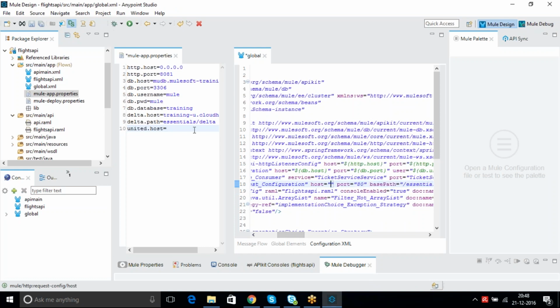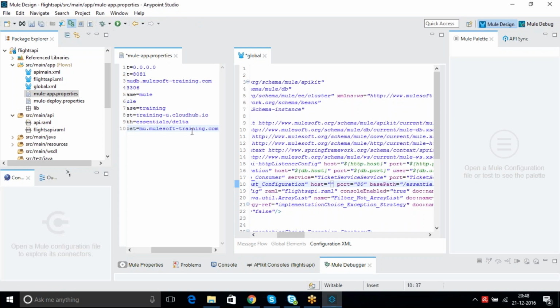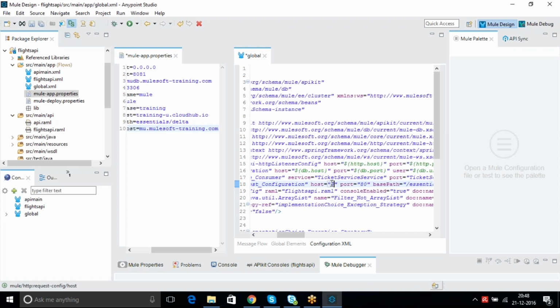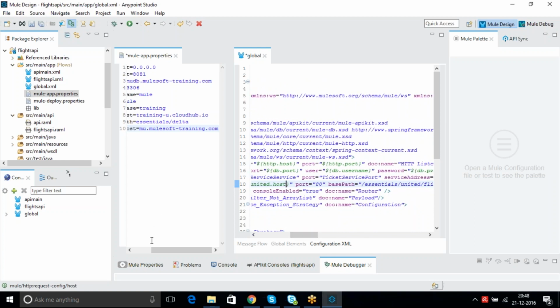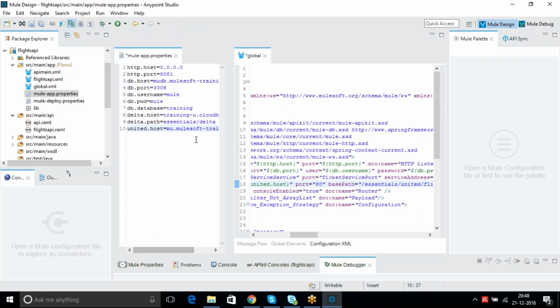Control X, Control V. Here it should be dollar. Now any other thing, you can keep a port also if you want. United dot port is equal to 80.